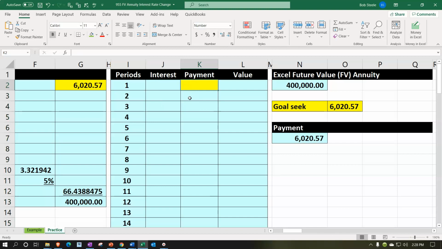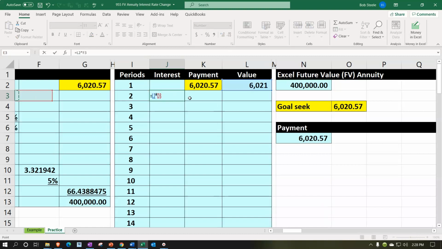Now I could use the same goal seek to figure out the payment, but let's just add the payment this time and just see how this kind of running balance will work, just in terms of a running balance type of calculation, which is quite useful in Excel. So I'm just going to pick up the payment here. I'm going to say the value is going to be this, and then when you do your running balance for the interest calculation, we would have to say this is going to be the value before times the interest rate,